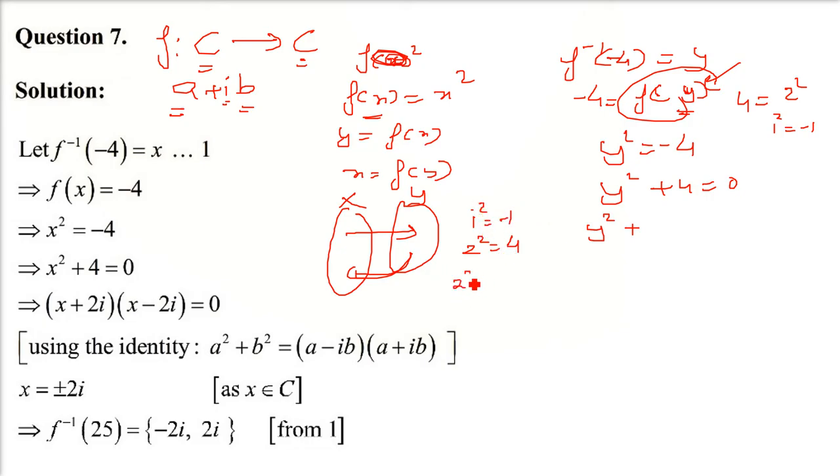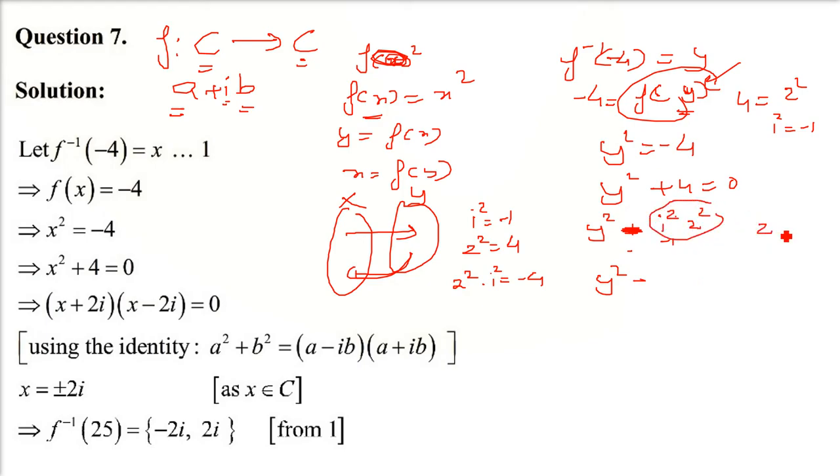But if we introduce a minus 1, we have to make a minus 1 also, because it is y square plus 4. So if I am writing i square, I am purposefully putting negative, so I have to change the sign to negative, because negative times negative will be positive. Because we cannot change y square plus 4. If we are introducing it, we have to make it plus 4 only. i square will be negative 1, so we have to change the sign to negative. And this is 2 square for 4. So 2 square can be written as (2i) whole square. I hope you got the idea why we put negative.